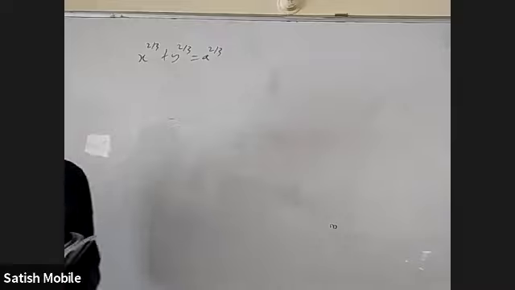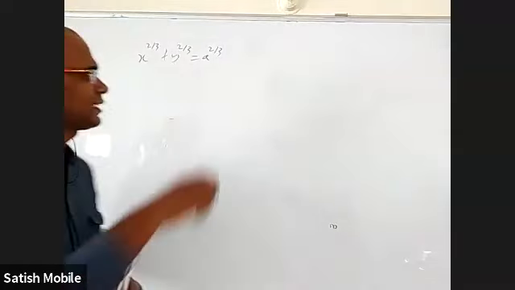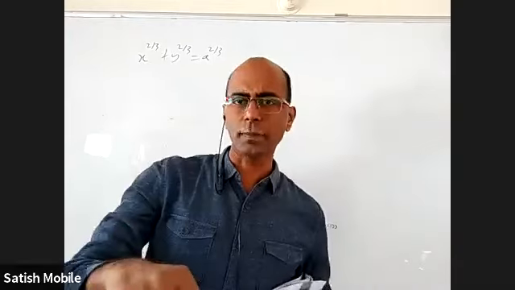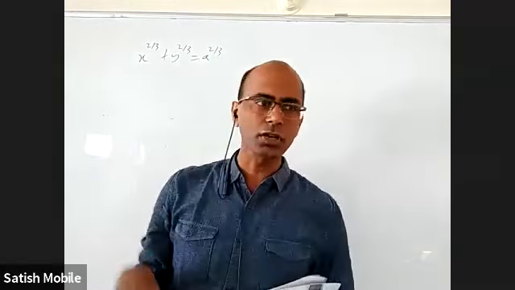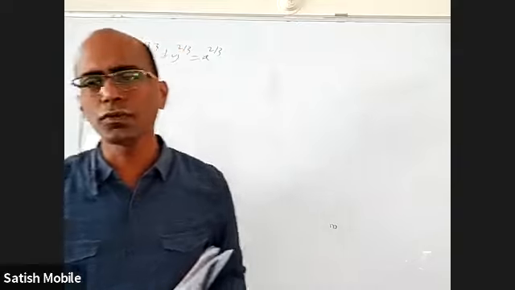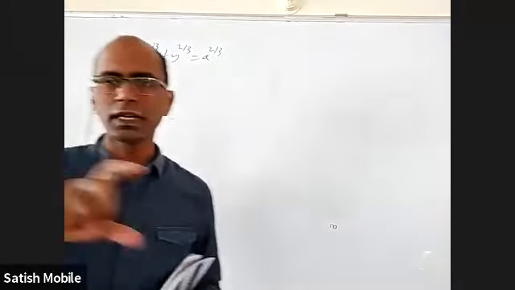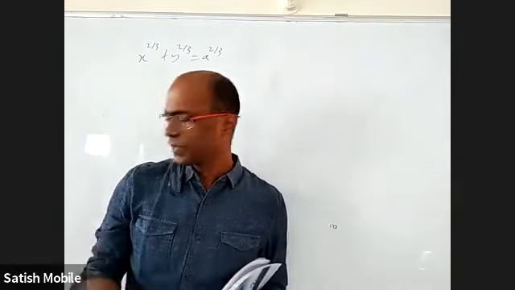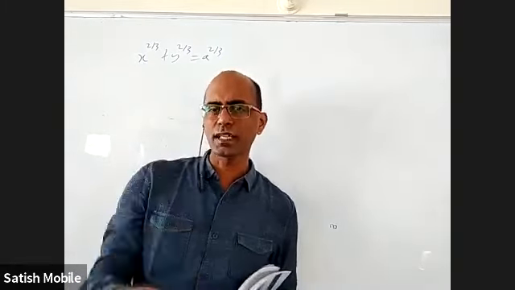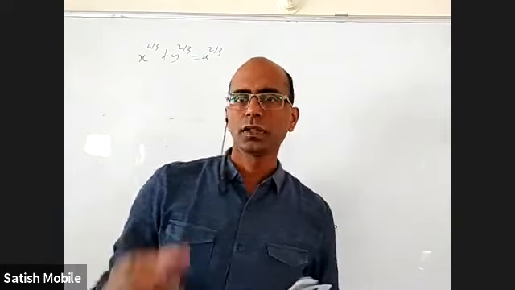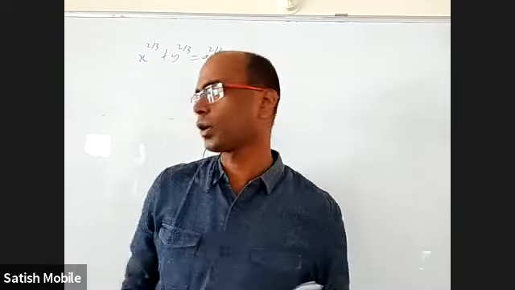Once again, I'm just repeating what is orthogonal trajectory. This is a family of curves. There is another family of curves where every member in that family intersects every member in this family orthogonally. How is the process done? Find the differential equation for this. We'll get dy by dx equal to something. The dy by dx for the orthogonal family will be minus 1 divided by dy by dx for the original family. That will give you a new differential equation and you have to solve it.